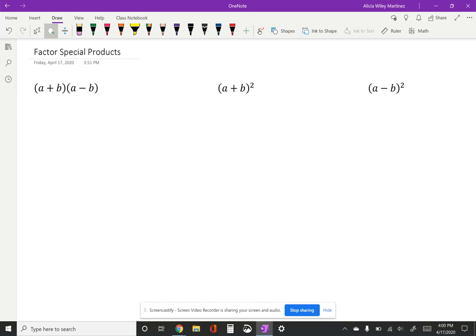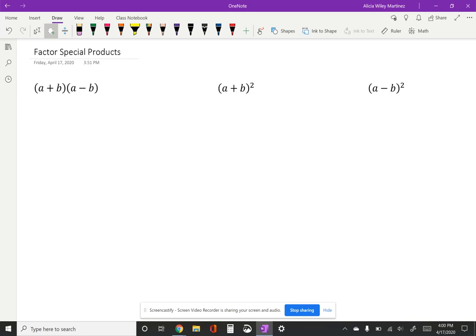Today we're going to talk about some more patterns in factoring. And what's lovely about these problems is that you can use the same methods that we have been using to factor, whether it be guess and check or grouping. In this video, I will be using a guess and check method based off of the patterns that I notice